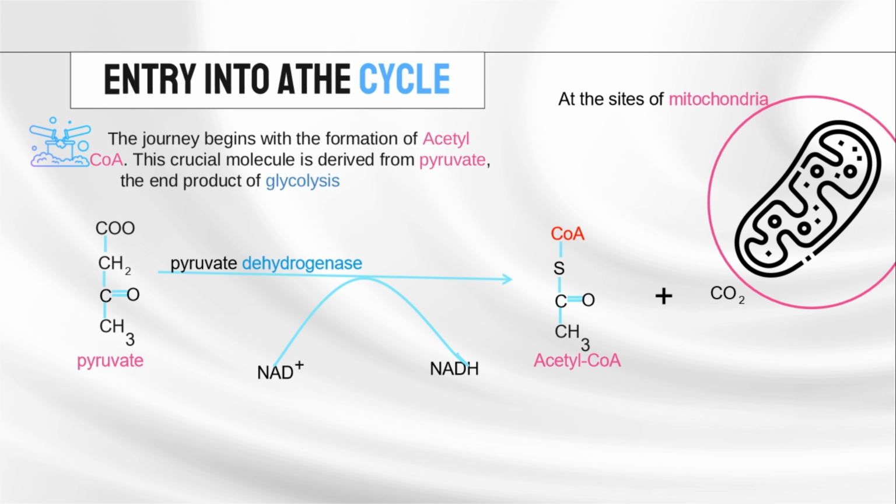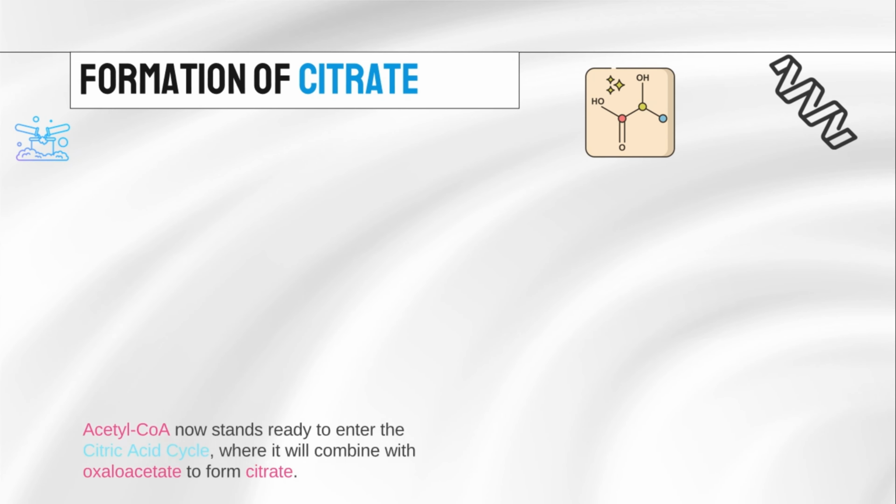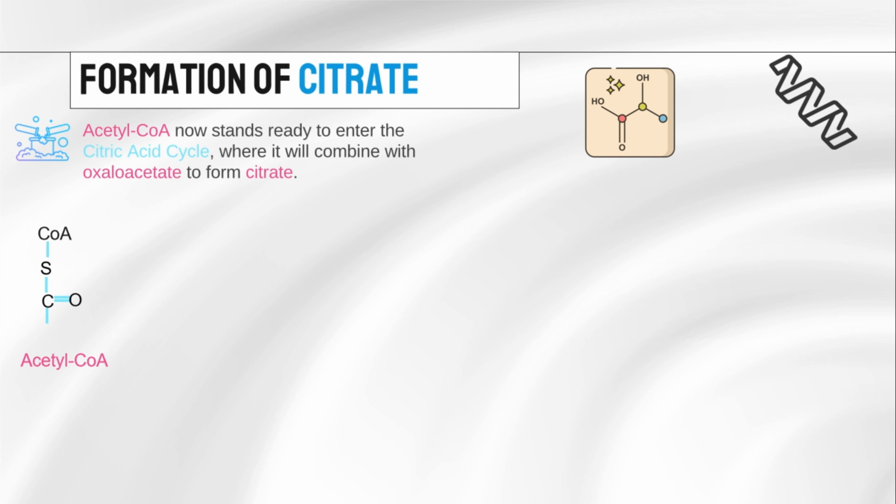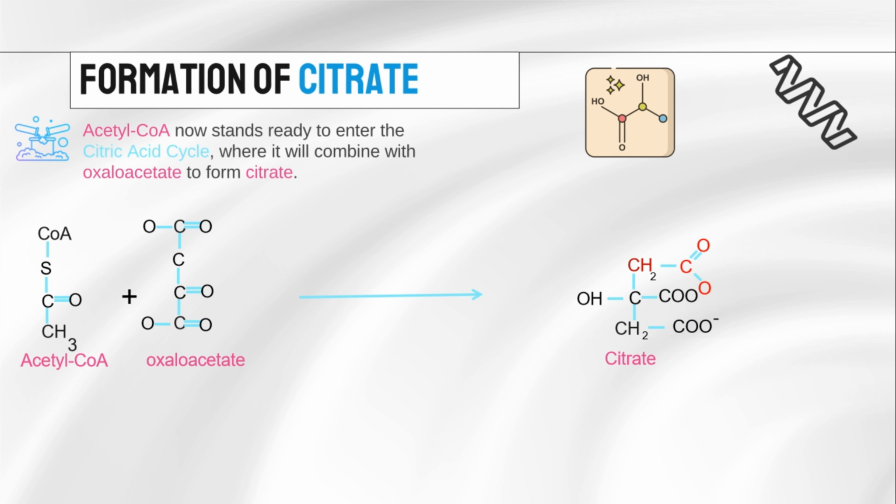Now, let's move on to the next crucial step in the citric acid cycle, the formation of citrate. In this step, our newly formed acetyl-CoA combines with oxaloacetate, a 4-carbon molecule, to produce citrate, a 6-carbon molecule. This combination is like a molecular handshake, a momentous event that kicks off the cycle. The enzyme responsible for this important reaction is citrate synthase. Think of citrate synthase as the master conductor of this biochemical orchestra, ensuring that acetyl-CoA and oxaloacetate meet and combine